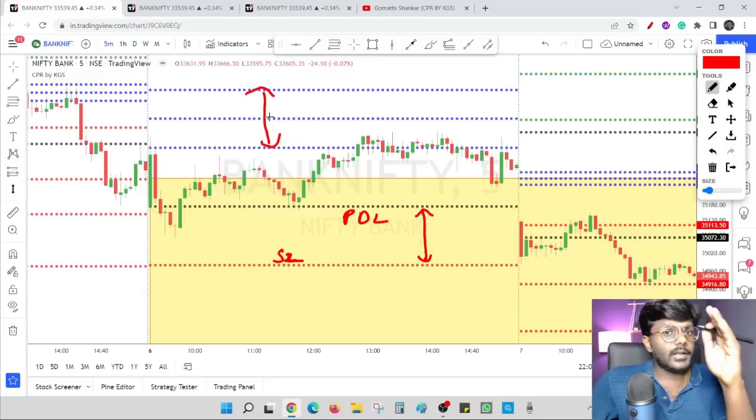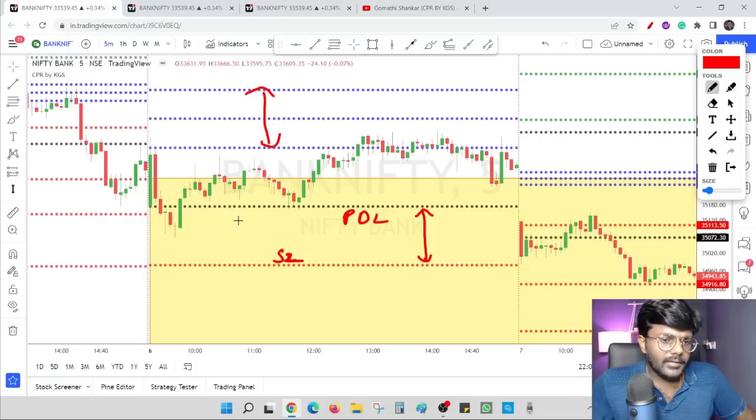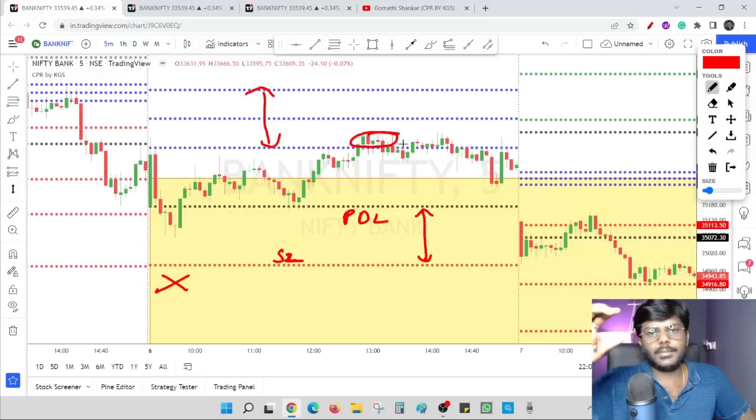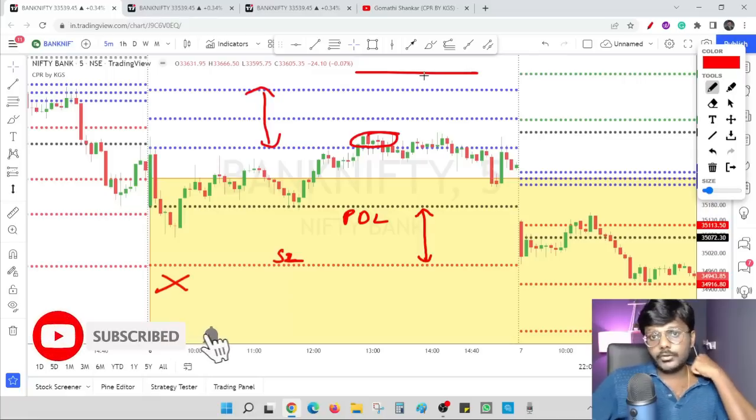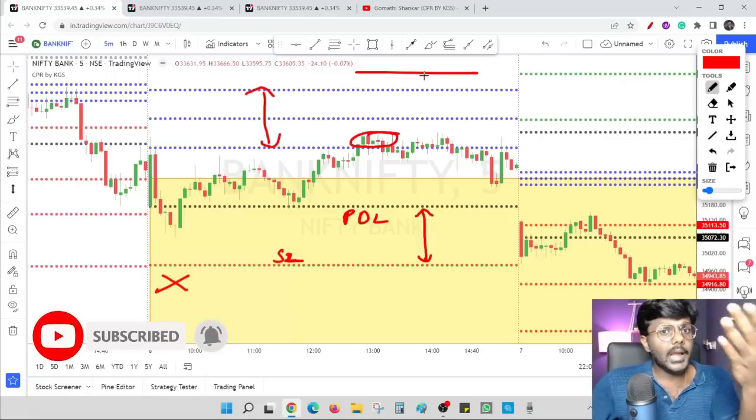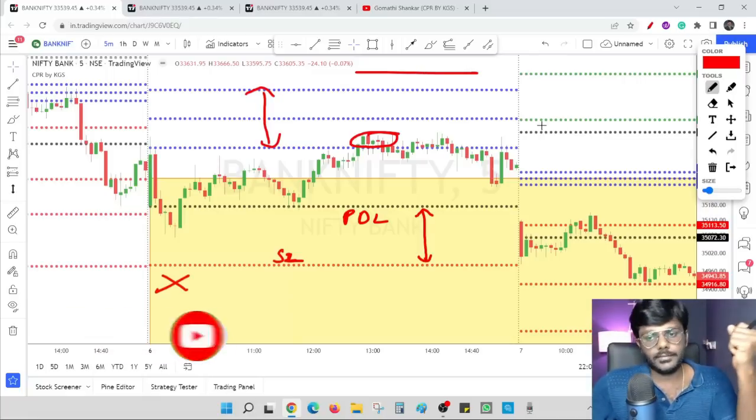So I have to be very cautious. The market might be range bound and S1 previous day low is not broken. So I will not take any short position. Even if I take a short position here, my stop loss is going to be very big, because whenever I am taking a short position or long position at daily CPR, I have to keep my stop loss above or below daily CPR. So in this case, my stop loss is not favorable, so I am not going to take a short position.